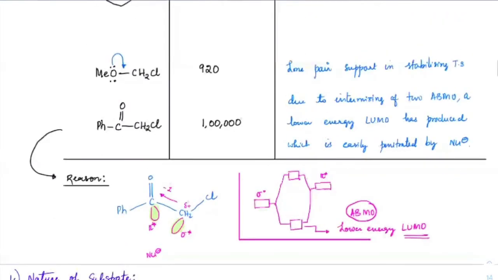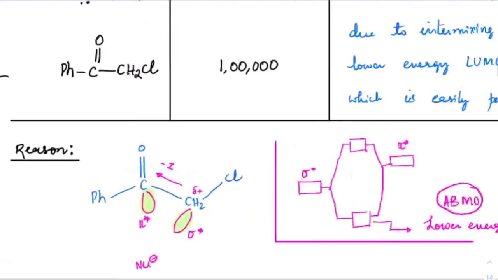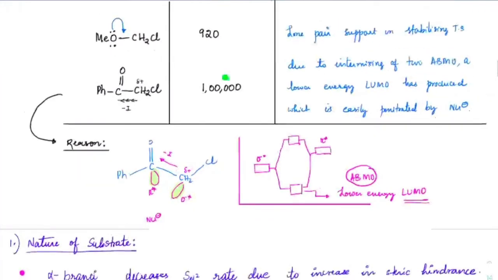The last very special case is when you have a strong withdrawing group with a double bond at the beta carbon. If this beta carbon itself has a strong withdrawing group with a double bond, then the rate has drastically increased. There are two reasons. One, there is a strong withdrawing nature because of the inductive effect, minus I effect, due to which delta positive will increase on this carbon. But the other main reason for such a high value is that it has been observed that